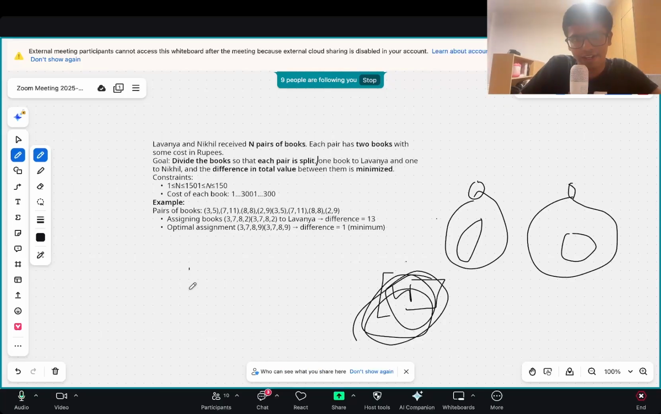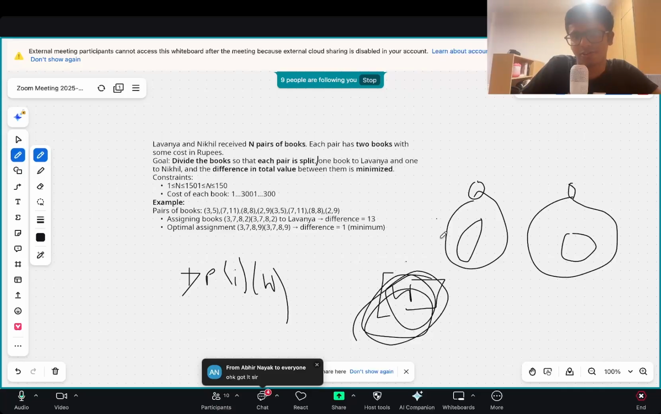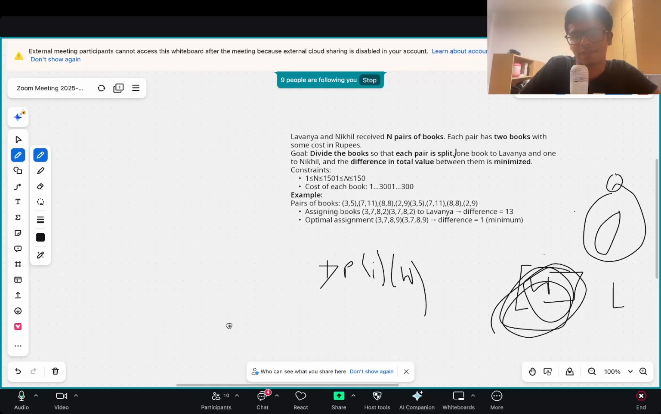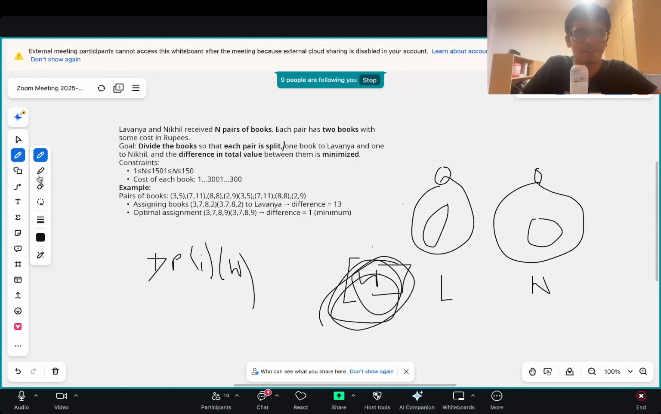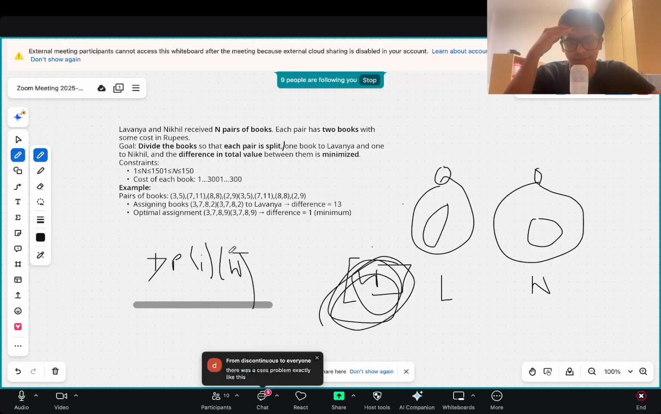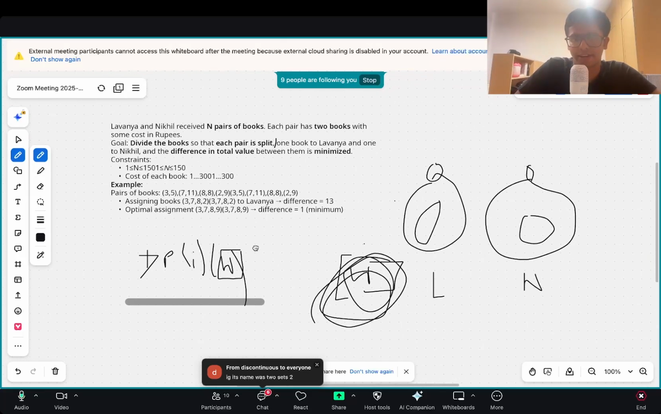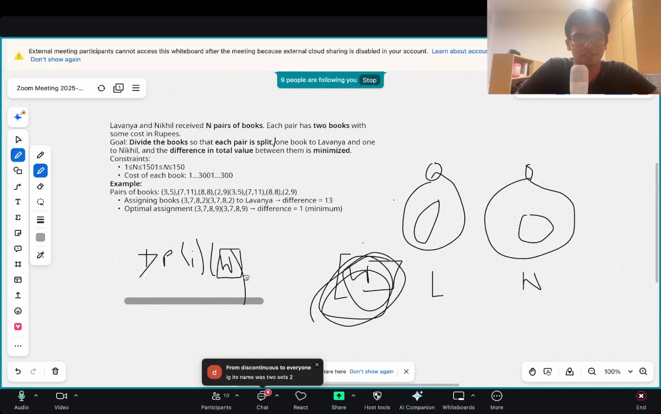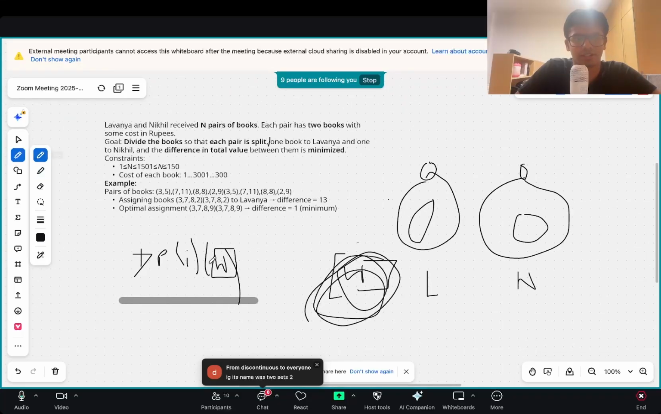So when you have like dp of I, suppose you had the ith pair of books and you have current weight W. Suppose this is L and this is N, right? Suppose this is for L. You have the current weight W. Yeah, you have the current weight W. Then you need to make this weight equal to W. And there should be another thing, weight of N, right? So this gives us like a 3D thing, 3-dimensional dp